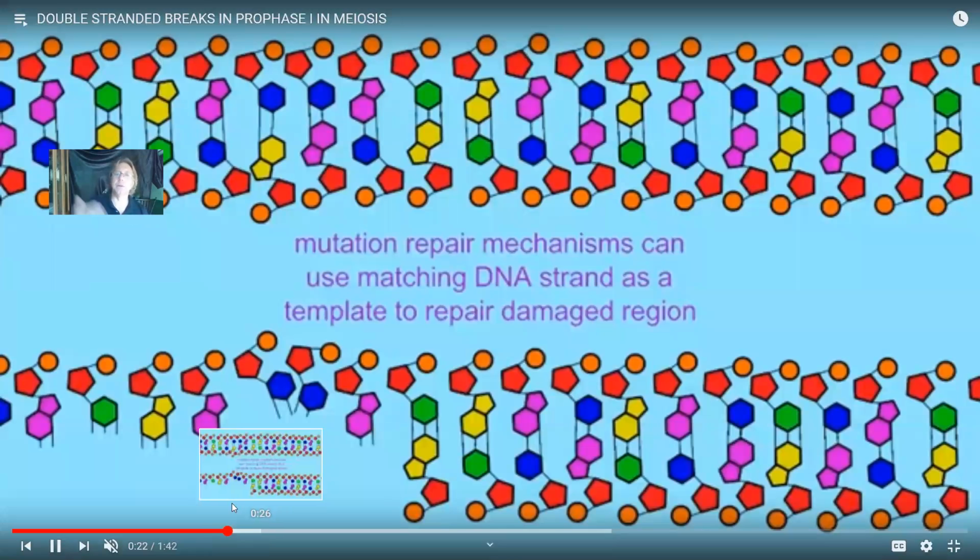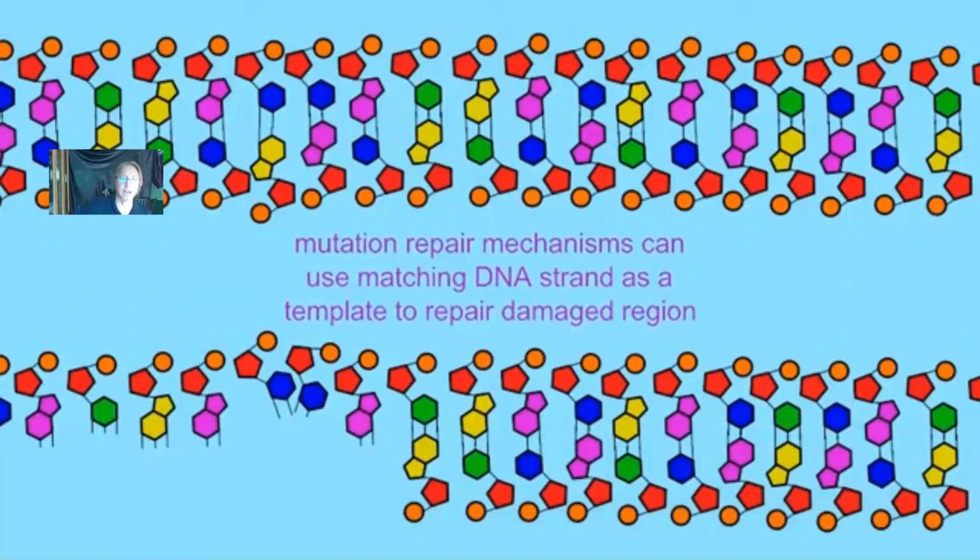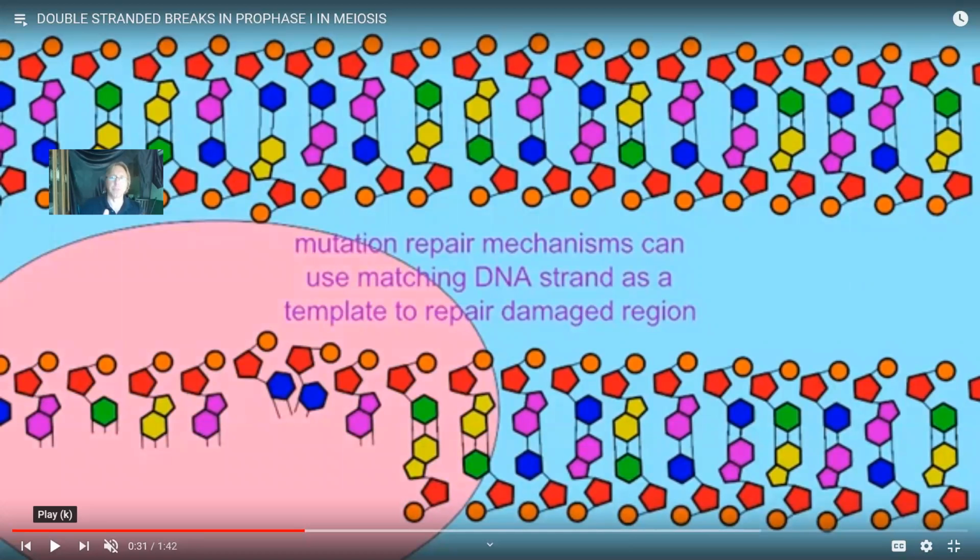Now, there's a type of mutation repair, which we can discuss later, that was actually invented in bacteria. So it's kind of funny that this is essential for sexual reproduction. But this essential piece of sexual reproduction is actually modifying something which is just a mechanism for mutation repair that evolved in bacteria that don't reproduce sexually. So what you're about to see is a type of mutation repair in bacteria. We not only use it for mutation repair, we also then use it